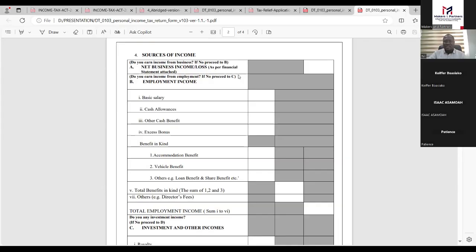Okay, JB, to answer you, it is the business financial statement. Assuming you are a sole proprietor, you need to prepare your financial statements, which should be duly audited and signed by an auditor. That is what you are supposed to attach to your PIT form. Any other question?